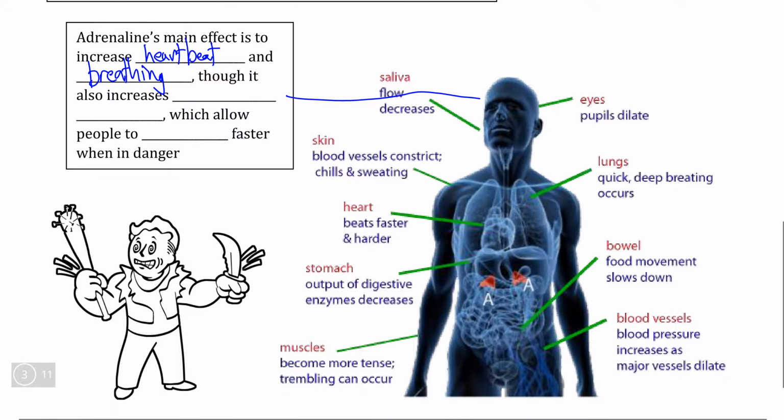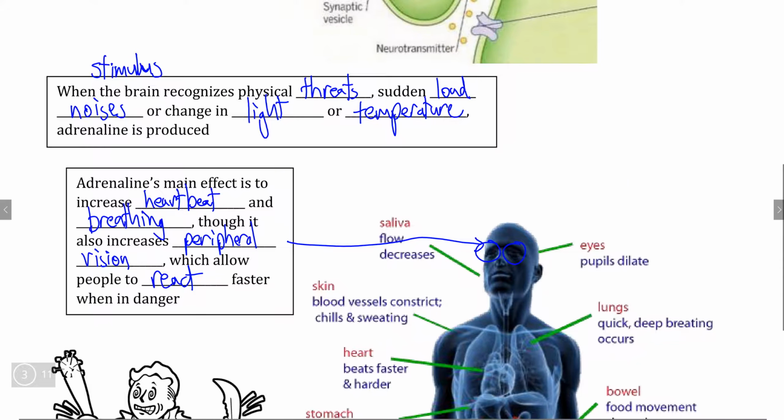Now, one of the more subtle changes, but one of the changes that definitely makes sense, actually increases what we call your peripheral vision. So one of the ways to recognize that a fight or flight response is happening is dilation of the pupils, meaning that it looks like the darker parts of your eyes that let light in actually get larger, allowing more light in and increasing the range of what your eyes are able to see. And this enables faster reaction time, as it enables the body to recognize any of the potential threats that endanger